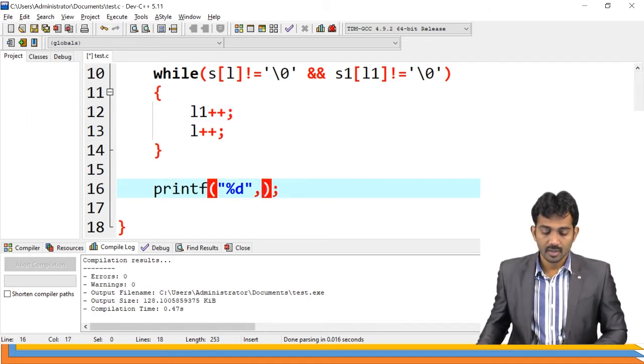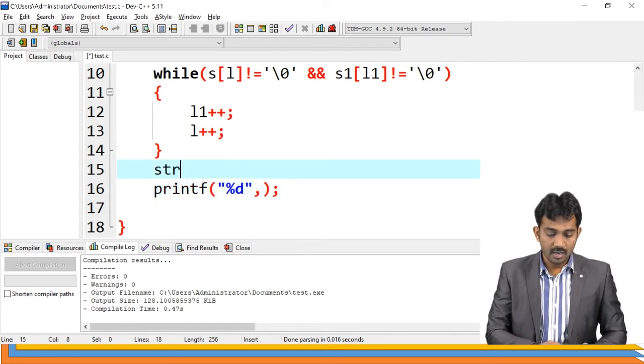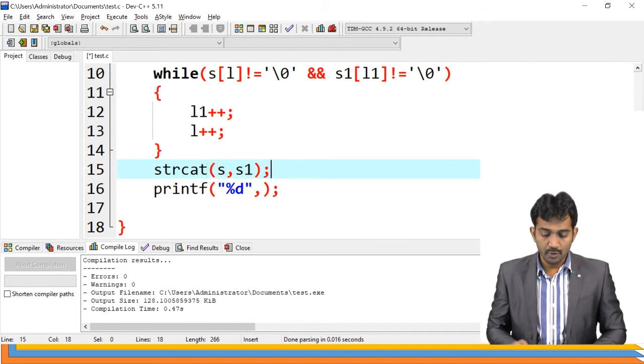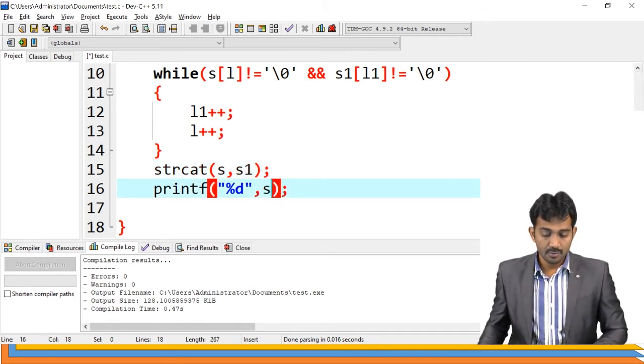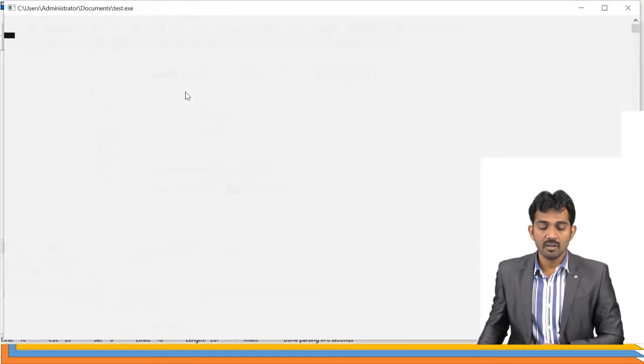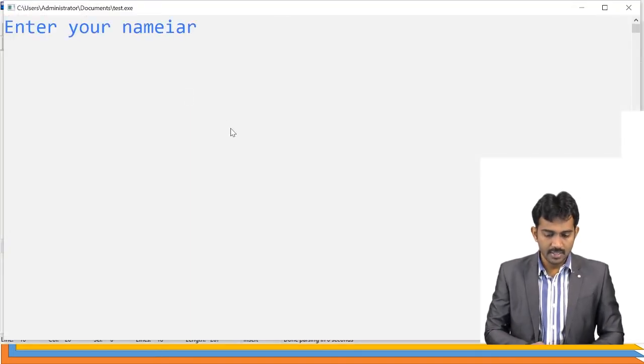Here, strcat of s comma s1. See, if you print s, see what output you are going to get here. This one is not required, only IARE.